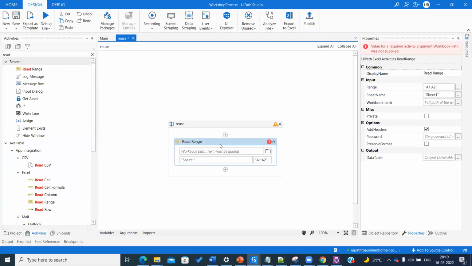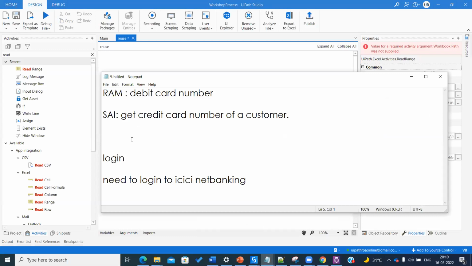As a developer, I don't care what is happening inside this activity. Do you care what is happening inside this activity? Personally, I don't care. What do you care about then? You need to give the path of this workbook. You need to get the data of that Excel and then get that output here. As a UiPath developer, you need to know what is the input you need to give and what is the output you need to get, right? That's it. For any activity, we don't care what is happening inside that particular activity. Same thing. Let's say these two people are working. Ram wanted something, Sai wanted something, but both of them want the same thing called login.